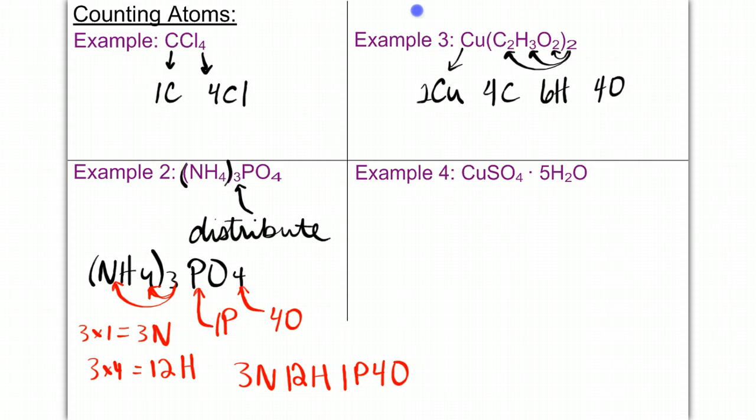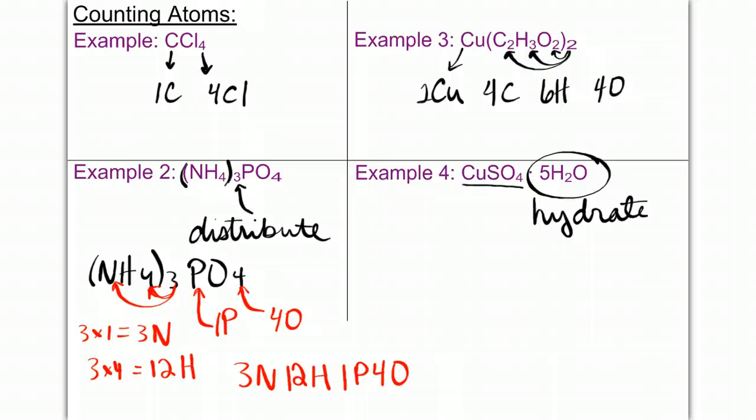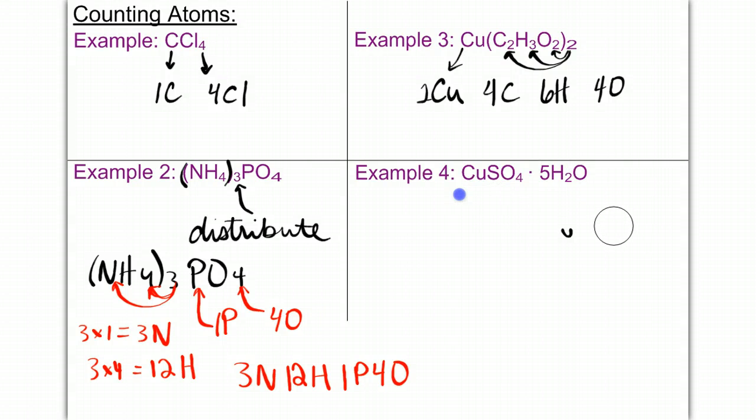Finally, in example number 4, this one has a very unique scenario. This is called a hydrate because it's a compound, copper 2 sulfate, and it has water in it. It's hydrated, as opposed to not having water and being dehydrated. So, to count the atoms in copper 2 sulfate penta, meaning 5, hydrate,